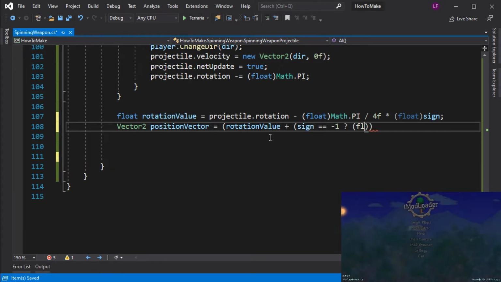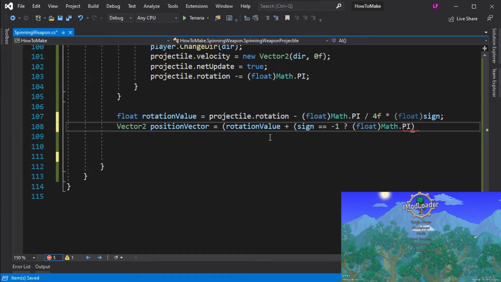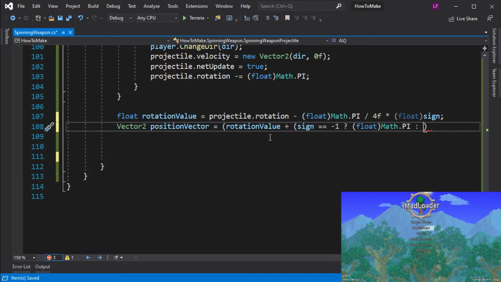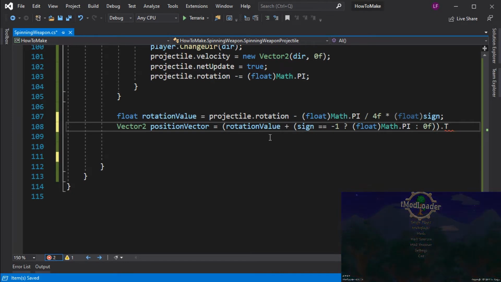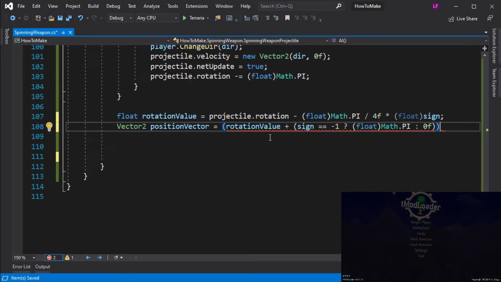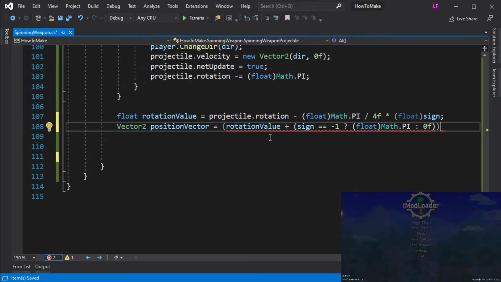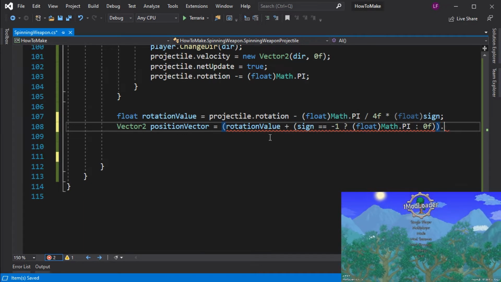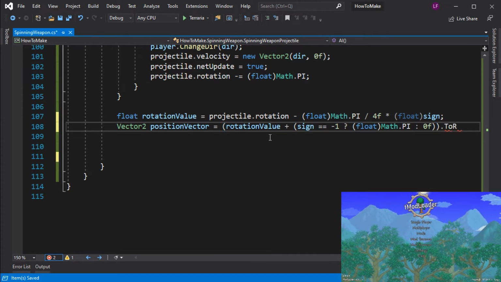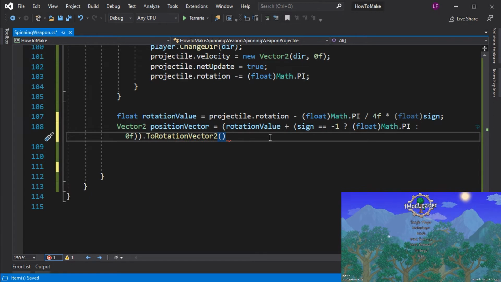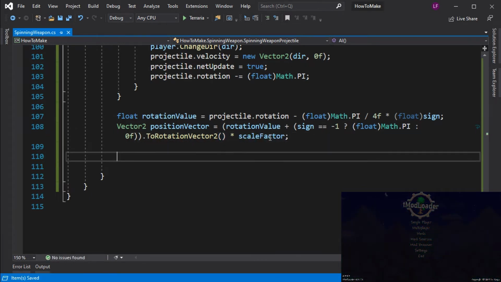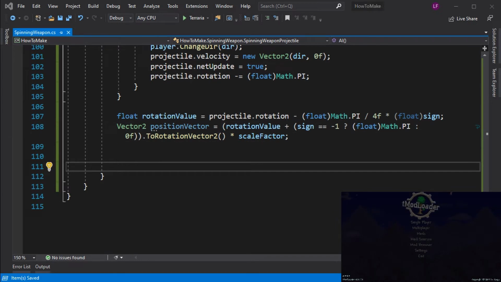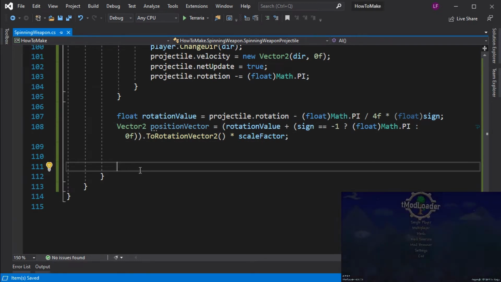If it is, float math.pi or 0f dot to rotation vector multiplied by scale factor. Now we have that, I'm going to skip over the dust code and we're going to